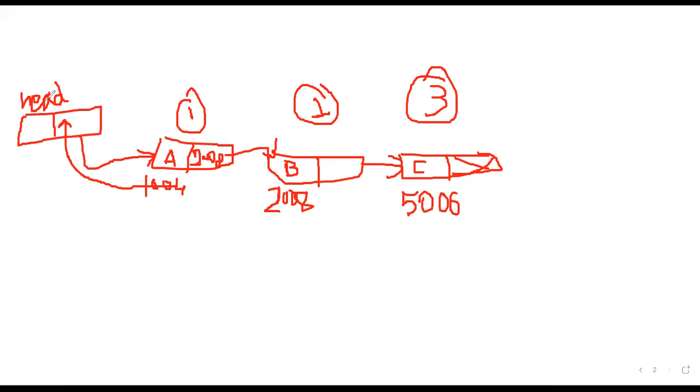So for the head node, 1004 is allocated. That 1004 is stored, that means A. After that, 2008 is stored in the first node. That will link to the next node. So that means the address of the second node is stored in the address part of A. That means the 2008 memory location is stored here.